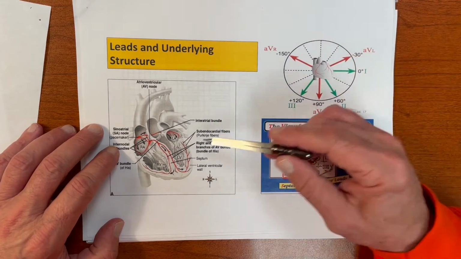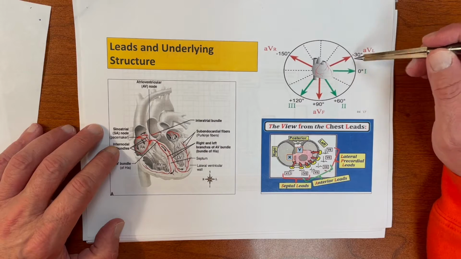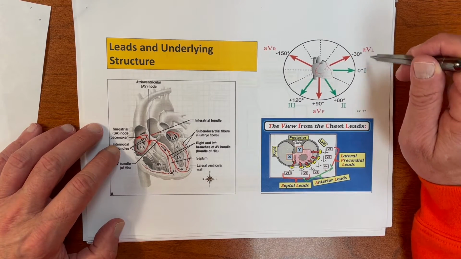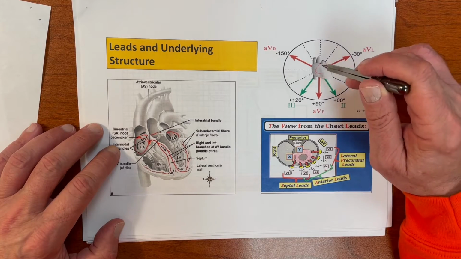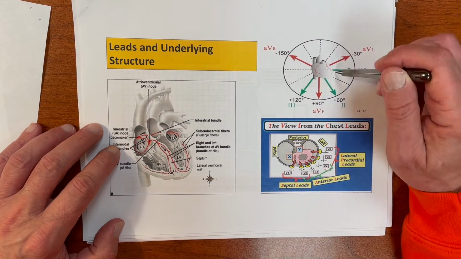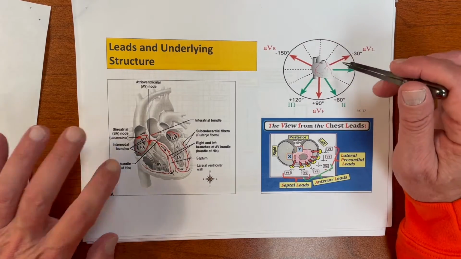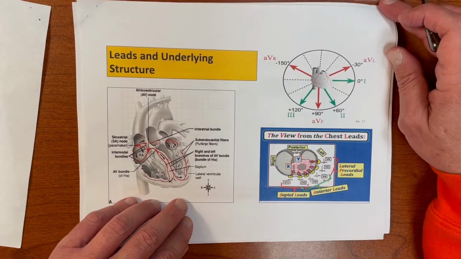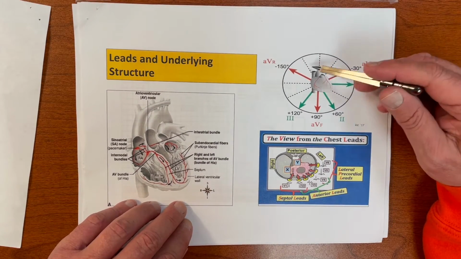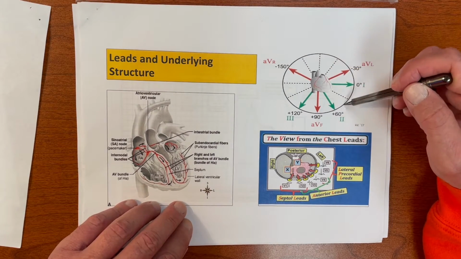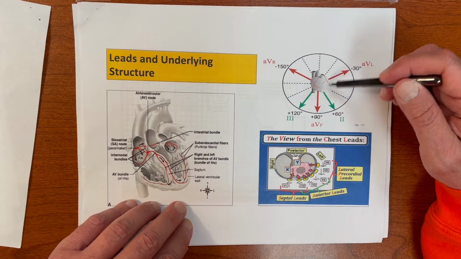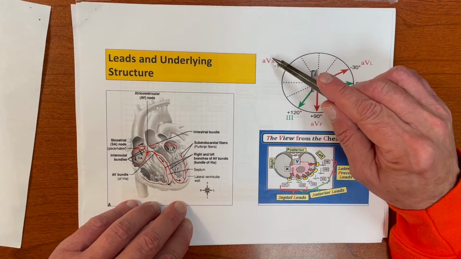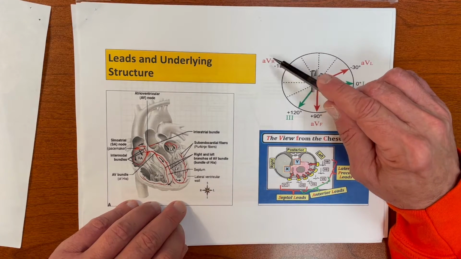aVL and 1 look at the lateral surface of the ventricle. It's easy to remember: L for lateral. So aVL and 1, and then aVR is over here. Now in this plane, you're going to hear me talk about this, and it becomes important when we talk about diagnosing VTAC and things like that. I think of this almost like a map of the United States. This would be the southeast, that would be the northwest, northeast, southwest. That's important because, as we will see, aVR is a very important lead, and we will see that in a